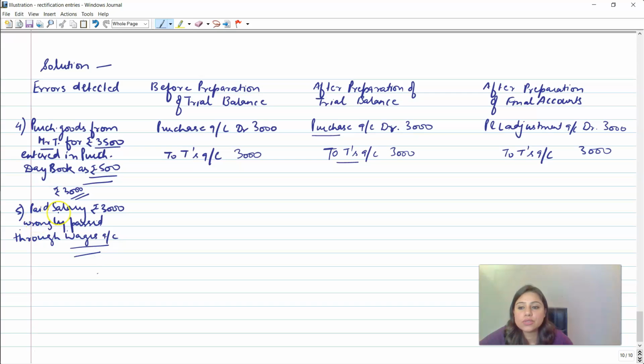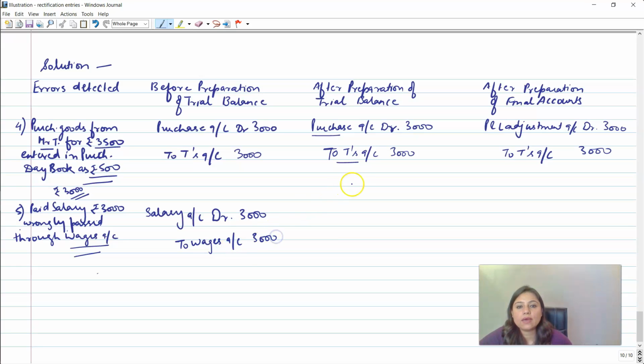So it is similar to the entry that we did in the first case. Because we know both the accounts that are being impacted, we would simply nullify the wages account and debit the salary account. So salary account debit 3000 to wages account,